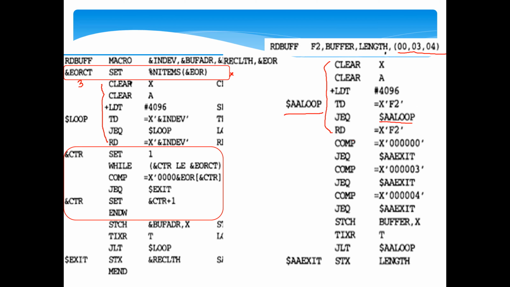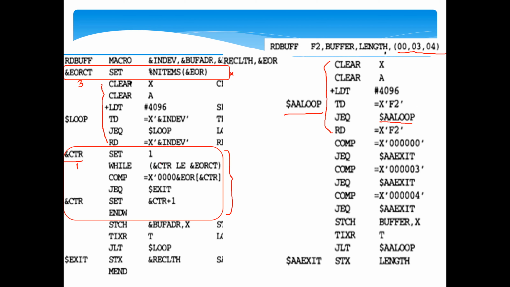Now our invocation changes when we have a %WHILE and %WEND statement coming. So let us see how this is like a loop, how it has been expanded. Here we can see first the variable CTR is set to 1. It's like a counter, set to 1.